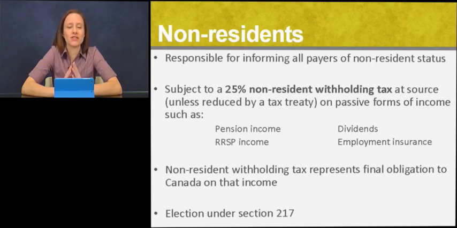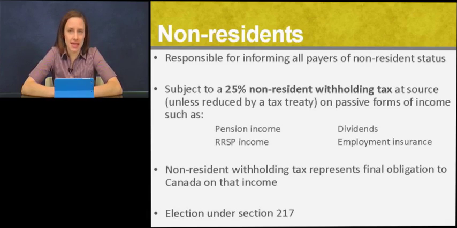If the taxpayer is informed proactively of a non-resident status, then the correct amount of the non-resident withholding tax should be withheld by the payer at source. Part 13 withholding tax applies to most forms and passive income, such as dividends, pension income, RRSP income, and employment insurance. If your spouse is receiving employment insurance and is a non-resident, it is very important that they inform EI